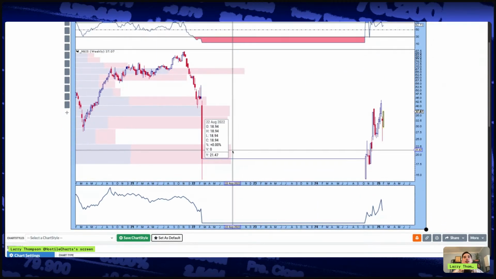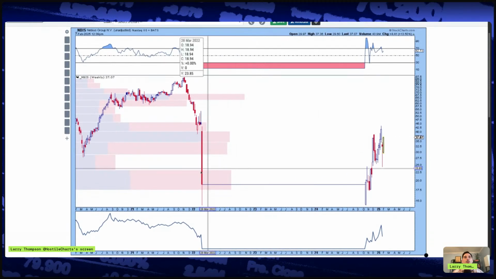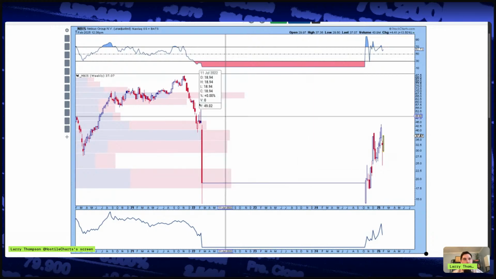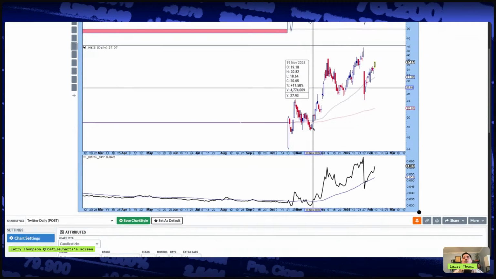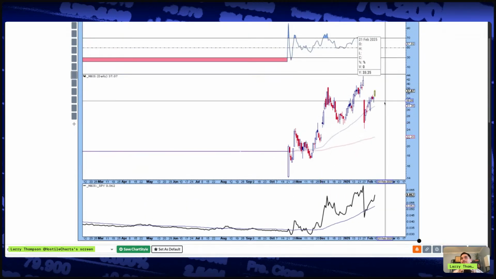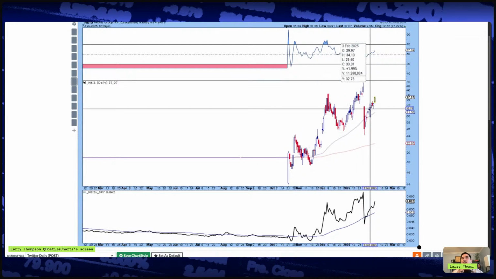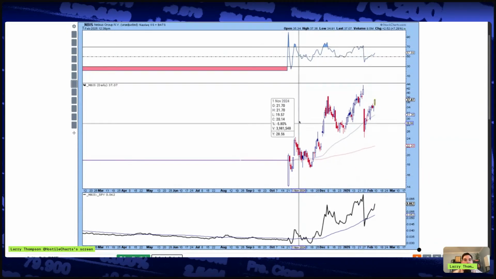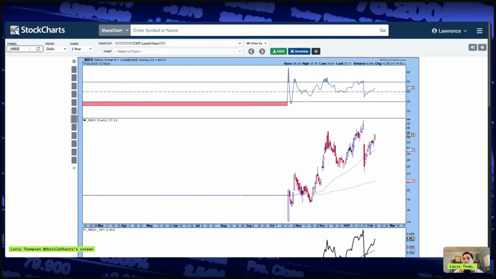Oh, I don't know what this is doing, chat. I don't know what's going on with price here. Was it delisted and then relisted? I don't know. Zooming in, I don't really see a trade here from the chat. I'm not sure about this name. Let me dig into it, and then I'll have a follow-up next week. NBIS, let me write that one down, and I will follow up. I don't have any details at the moment, but the chart just looks a little odd, so I'll just sit on that one.